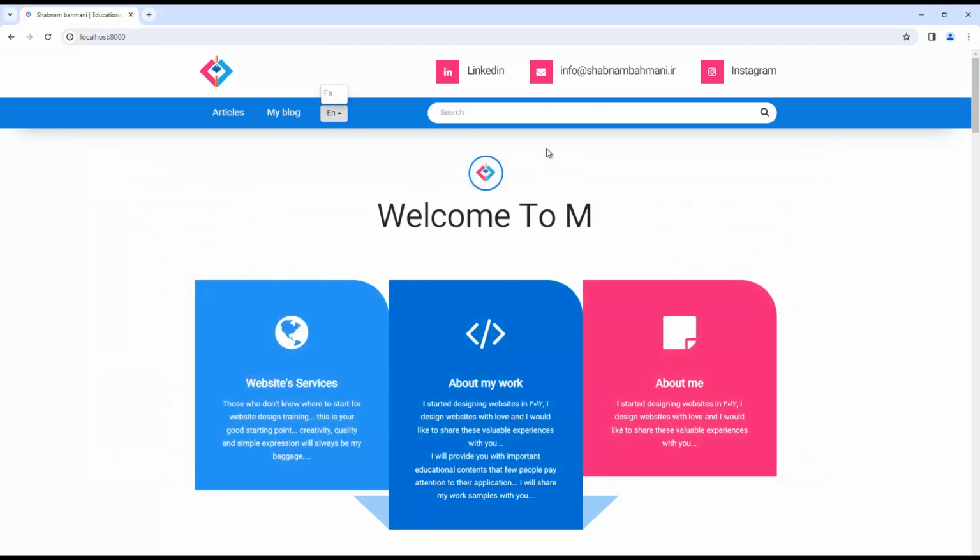So it's up to you how you want to do it. We can do this with flags together, like the other type of my website that I already showed you in the last couple of minutes. Or you can do it like me, just with the words en and fa. Both of them are correct. It's just about your taste. So after that we do it in our